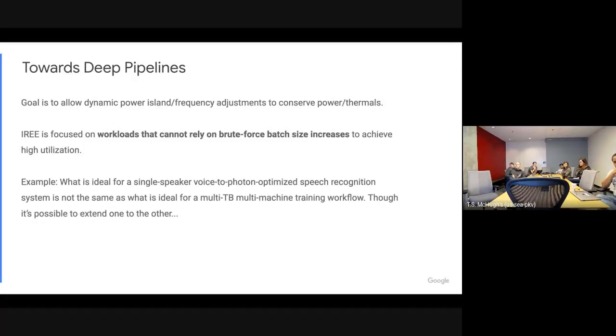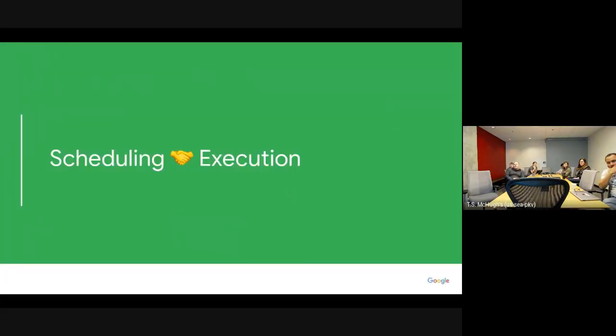Doesn't mean it's the right tool for all jobs. If you do get to build big batches, then there might be other things, but this is really focused on this workload. And the key takeaway for all of this is that co-optimizing scheduling and execution is really, really powerful. And it's something that traditionally in systems, as they've been thinking about ML workloads, punt on and leave to the runtime.